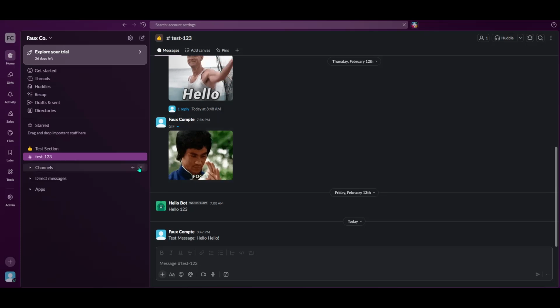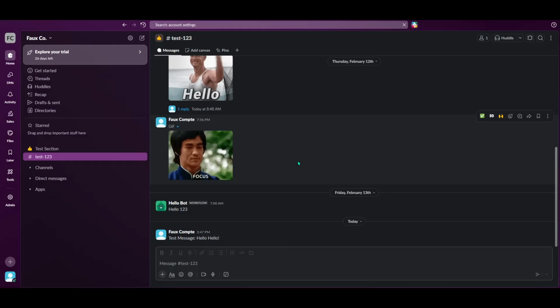In today's video, I'm going to teach you how to set reminders in Slack. Reminders are a simple way to keep projects moving, nudge teammates at the right moment, and make sure nothing slips through the cracks. We'll create a reminder using a workflow, so Slack automatically sends a message when a specific trigger